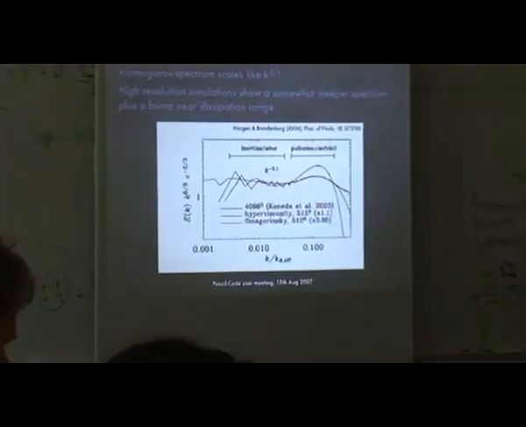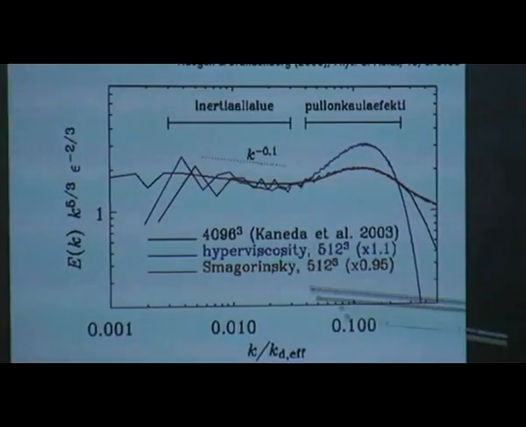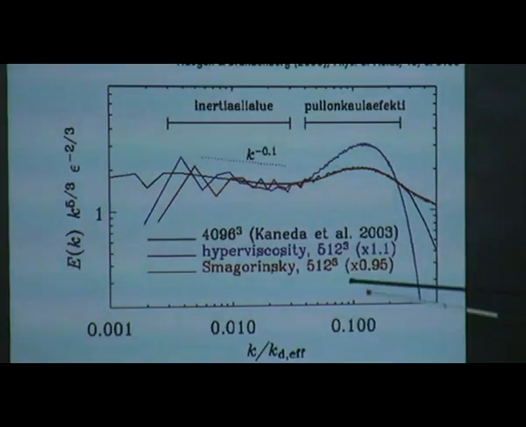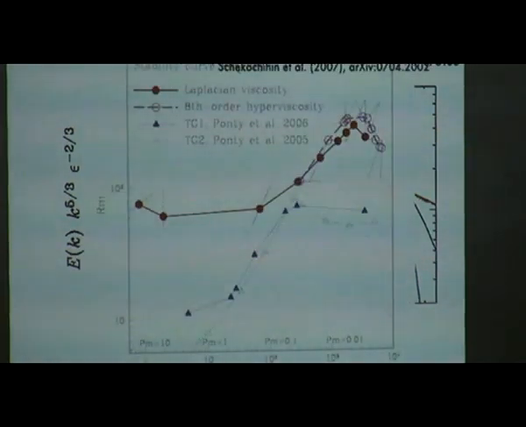If you take another look at the spectra, you see that this is a direct simulation by Kaneda et al. on the Earth Simulator with 4,000 cubed. And then if you look at these hyperviscous runs, you see that the bottleneck effect is really saturated a lot. So it may also have an effect on the properties of the dynamo. If the bottleneck is really too large, then maybe the critical Reynolds numbers need to be higher. Ideally, one would like to do this with direct simulations, but I'll leave it at that at the moment